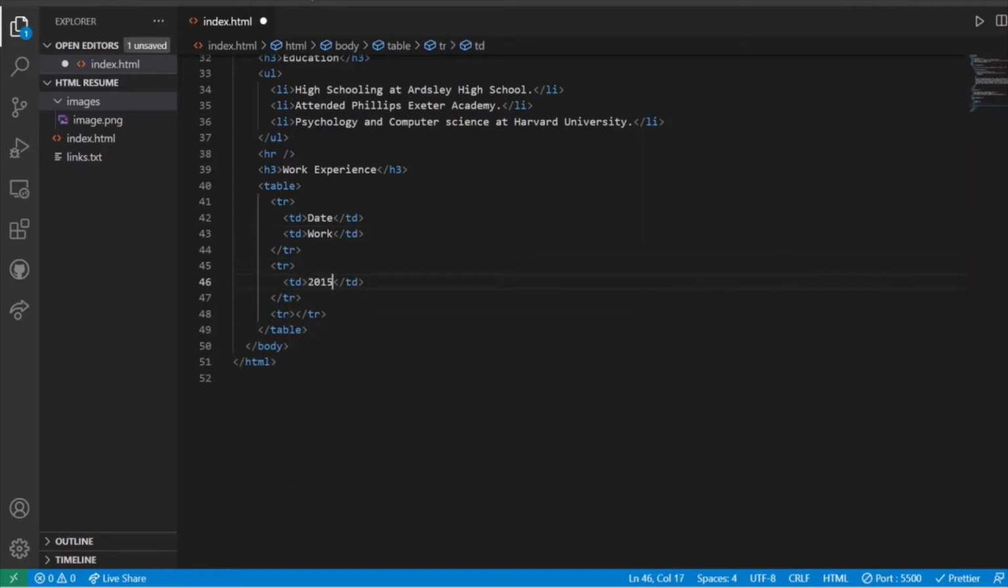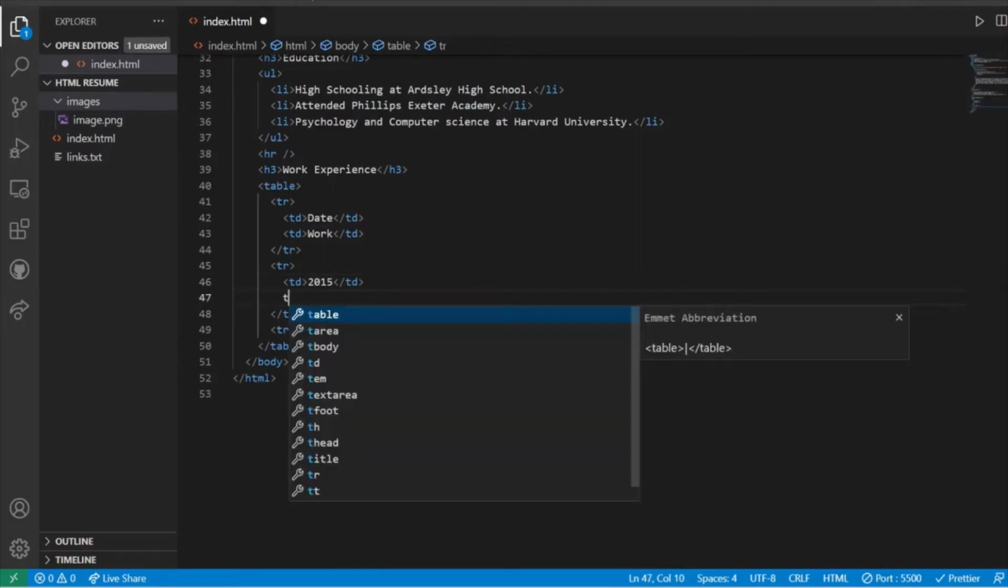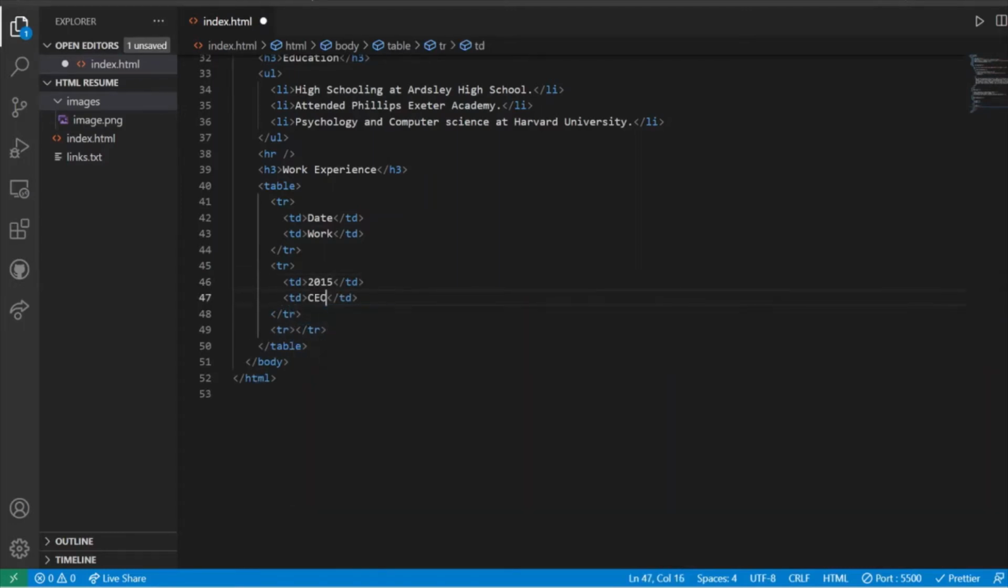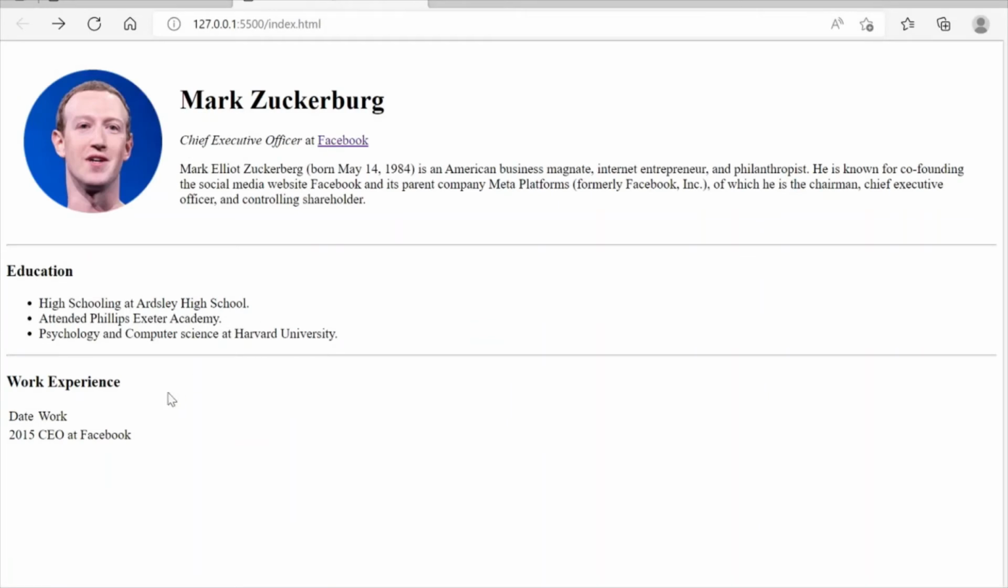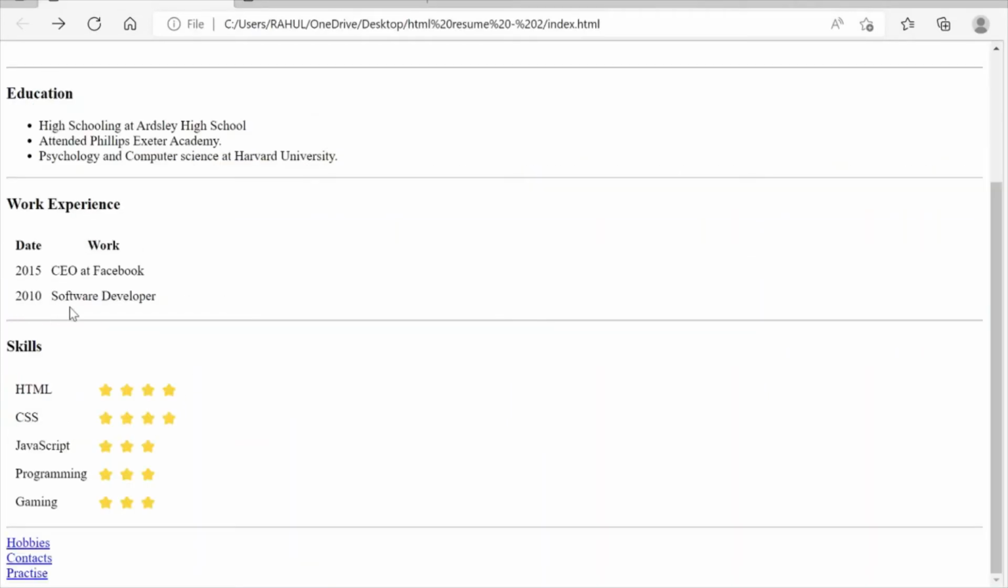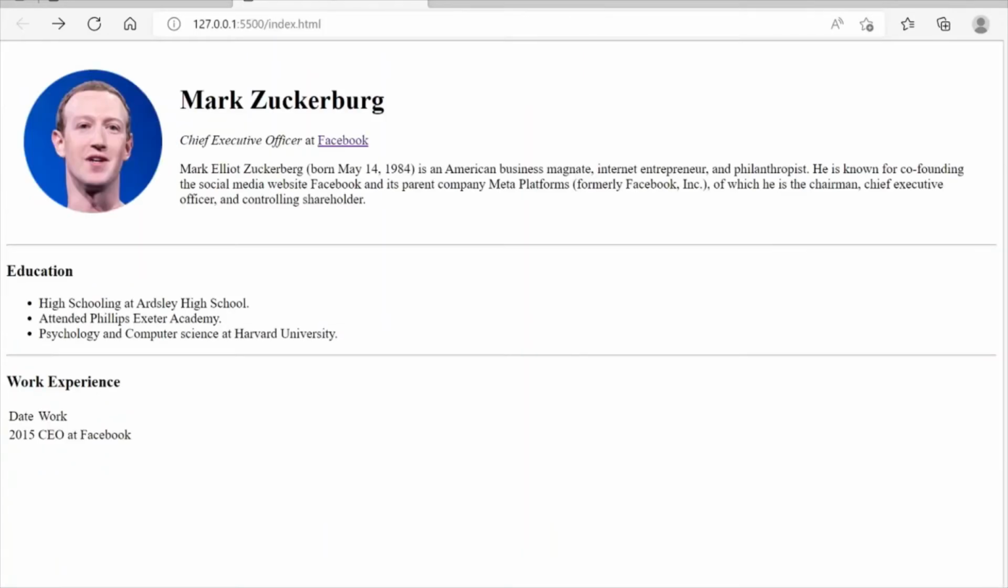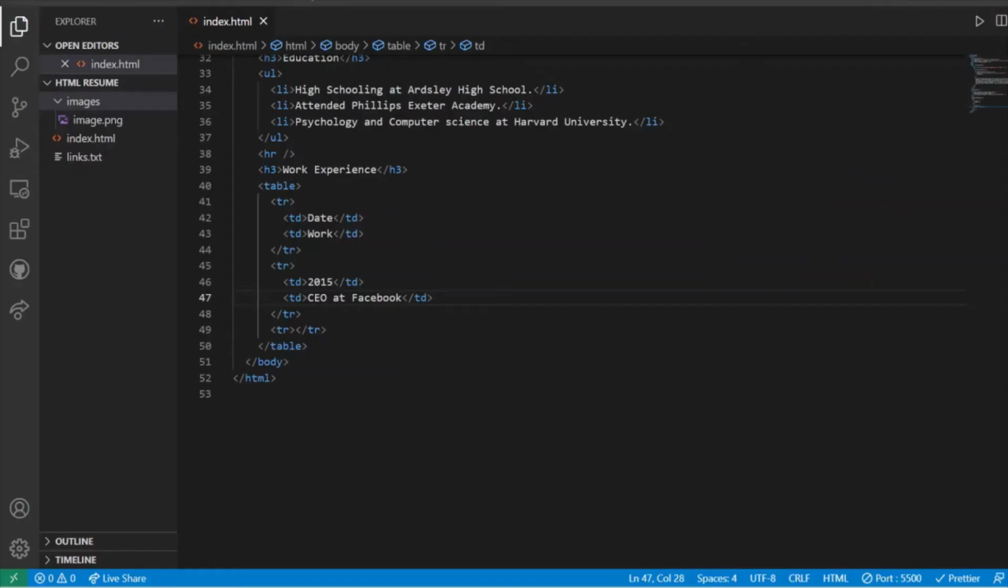2015 and CEO at Facebook. So this is also done. Let's see how it is displayed. So 2015 and CEO at Facebook is also done. Again we want 2010 and software developer. So in the third row I am going to include this information,